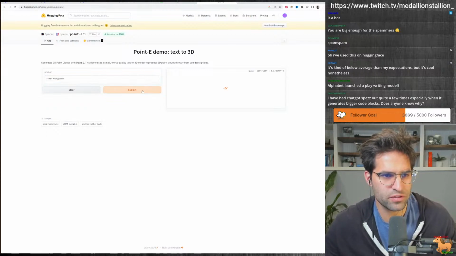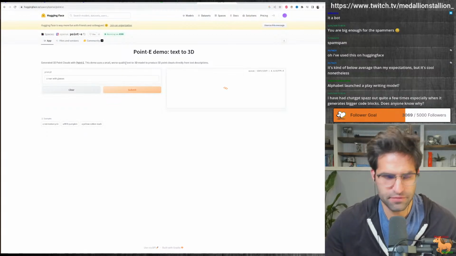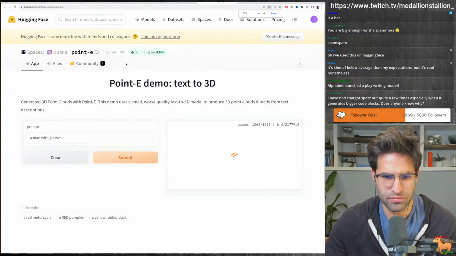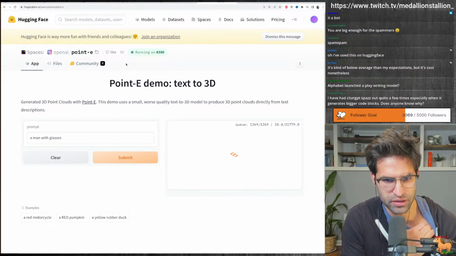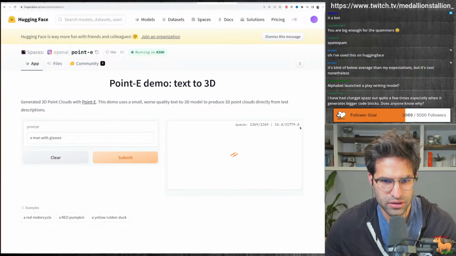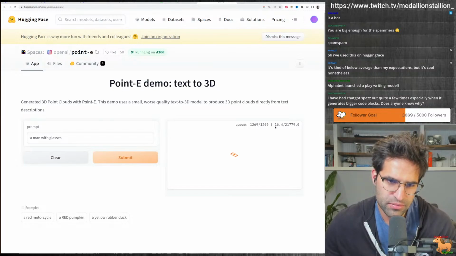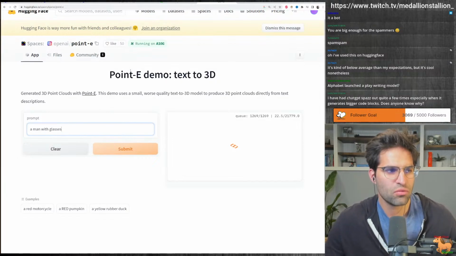Maybe it can't do people's faces. Let's see if it actually works. What Hugging Face has done is taken these models and made this user interface where we can run it in the cloud. Now, obviously, we're running their resources here, and it looks like, I don't know how they pick the denominator in this, but let's just let this run